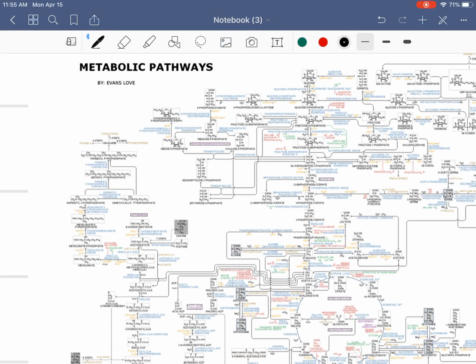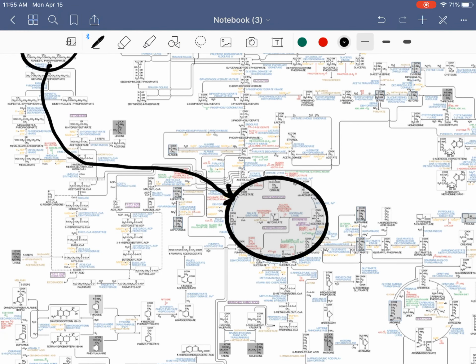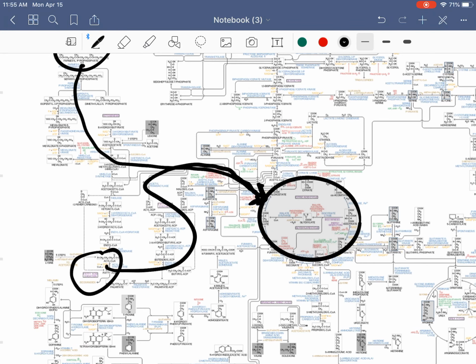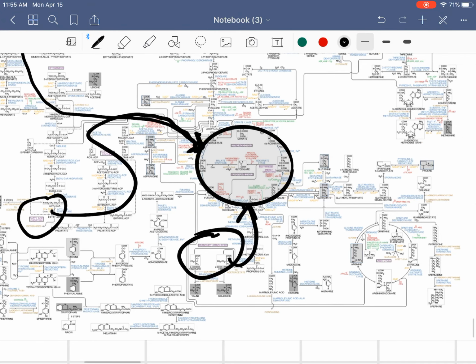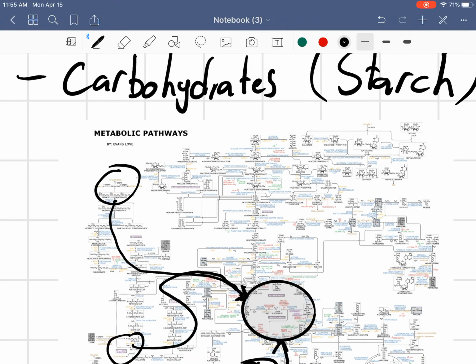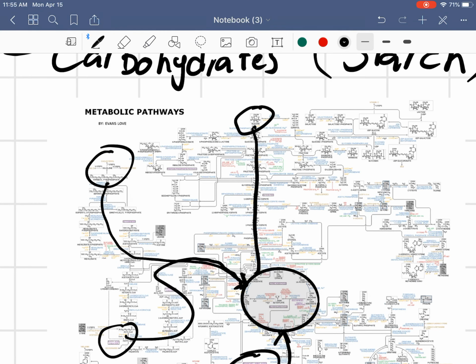Okay, so I mentioned cholesterol. It would be at this point, and it would continue down until it gets down to this circle. Now this circle right here is key. This is where most of the energy comes from that your body uses. So our cholesterol would enter here. Our fatty acids follow the pathway and enter in the same spot. Some of our proteins would enter in right here, amino acids being proteins. And then our glucose or carbohydrates actually begin clear up here and continue down to this point in the